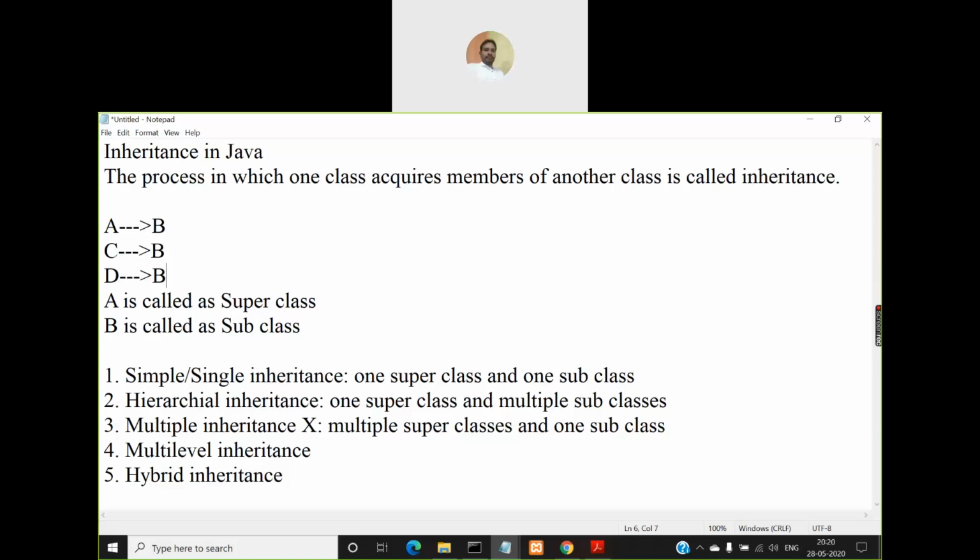So this concept is called multiple inheritance, but this way of inheriting members from multiple classes into a single class is not supported in Java. You cannot do it. Even if you try to write the program, you will not be able to compile and run the program. Okay, but the functionality that we get from this multiple inheritance can be achieved using another concept in Java called interfaces.